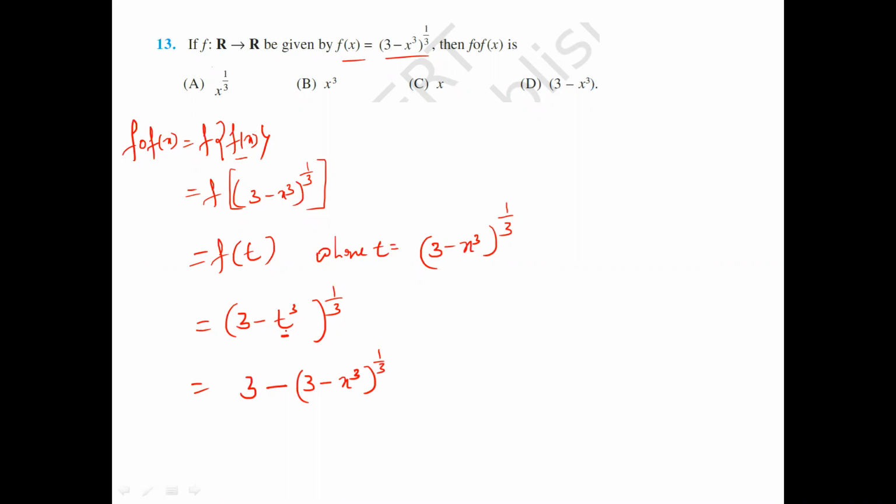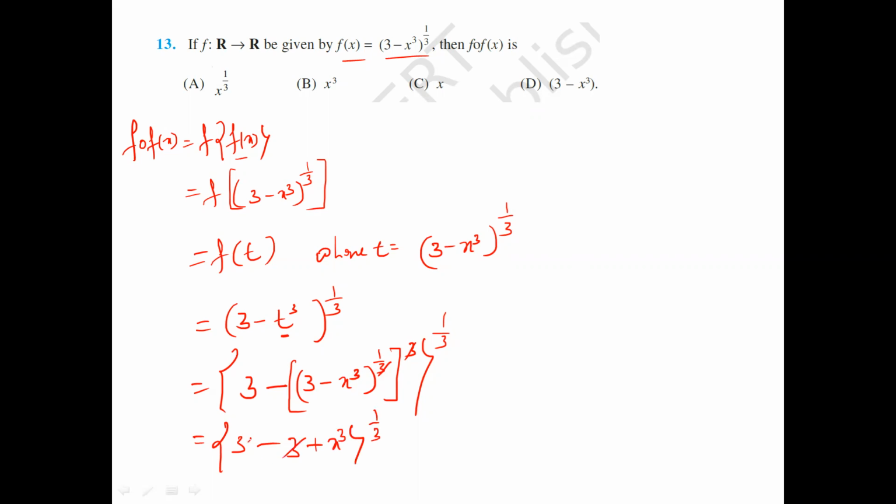These are the t value, and t to the power 3, so again I have to put the power 3. Now the t value is over, and this whole quantity is again to the power 1 by 3. Now 3 minus, this power 3 is applicable to the entire quantity inside the square bracket. Now 1 by 3 and 3 get cancelled. What was the remaining value? Here 3 minus, minus into minus plus x cube, whole to the power 1 by 3.